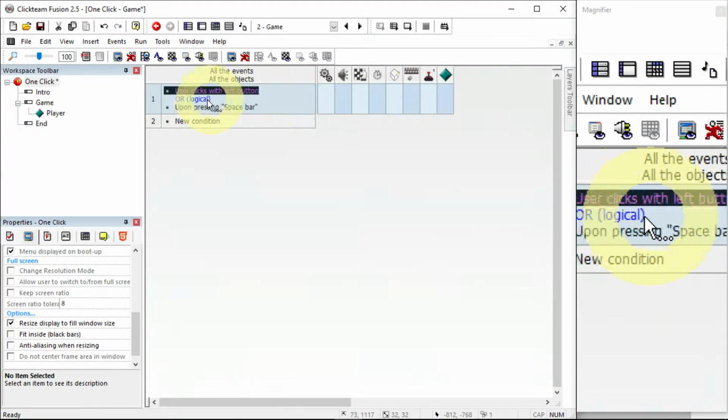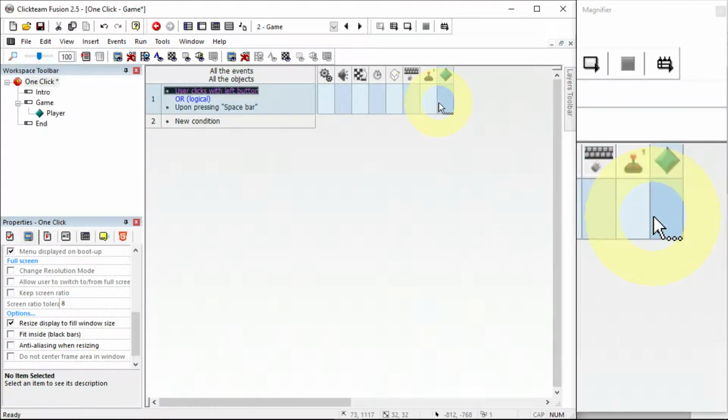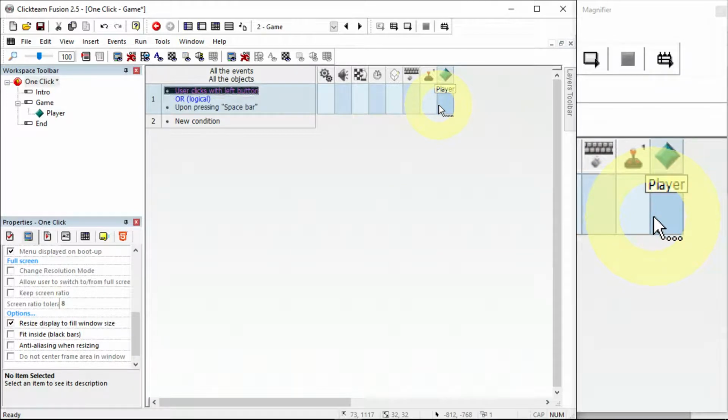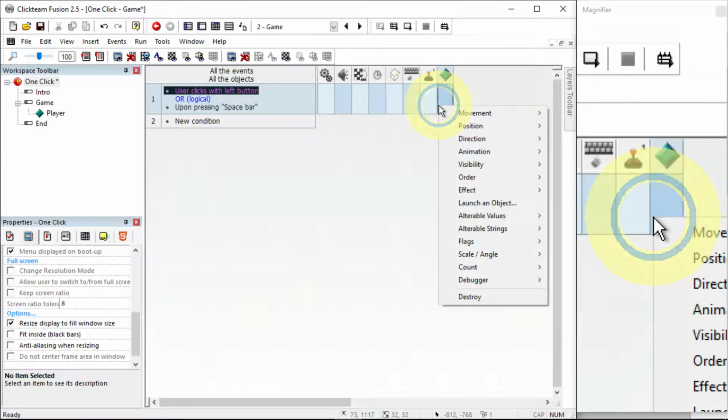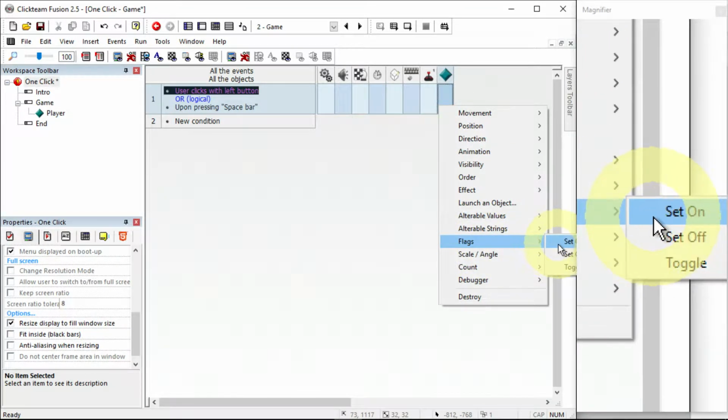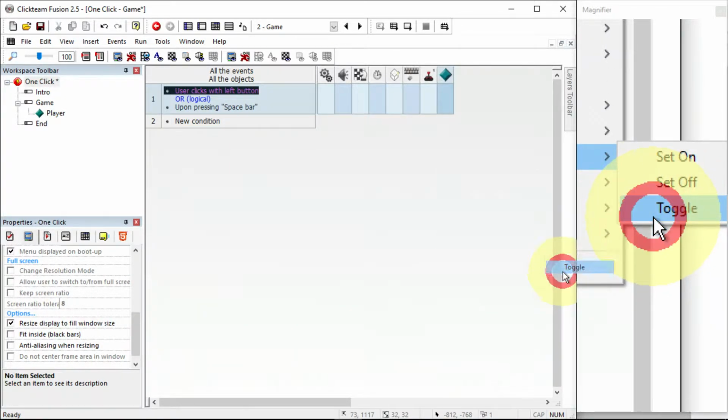So if we do that, what we're going to do is we're going to actually toggle the direction of the player. Now the thing that's easy to toggle is something called flags. They work a similar way to a light switch, as in they have on or off, and if you press them, it will change from on to off, and if it's off, if you press it, it'll change from off to on. So we're going to use the flags here, and we're going to toggle,